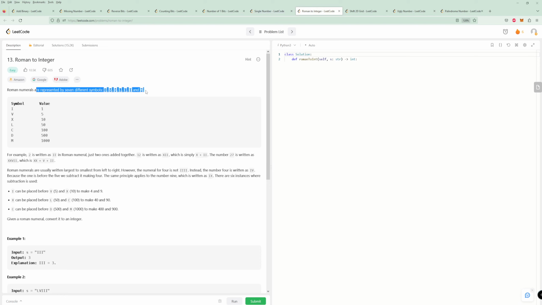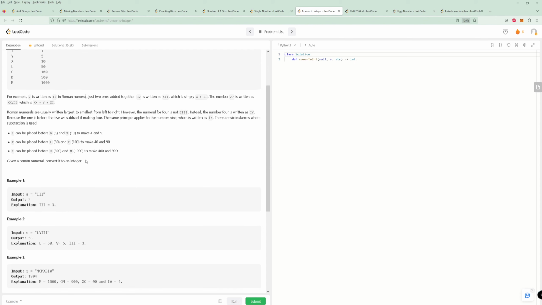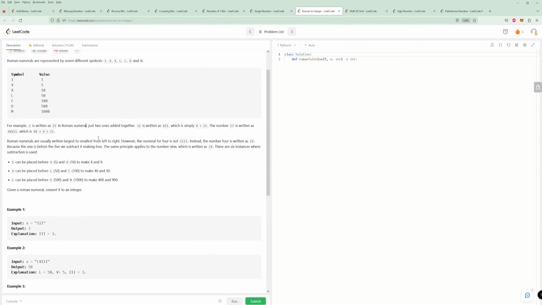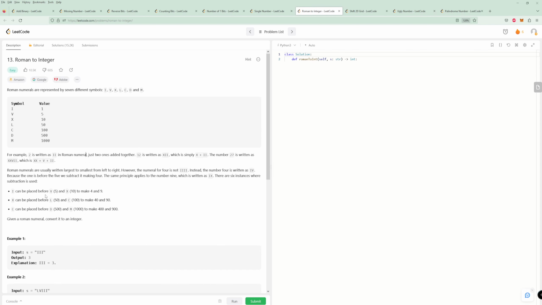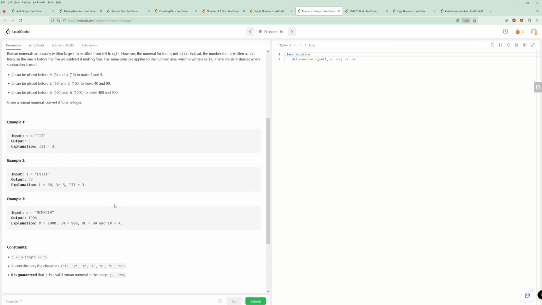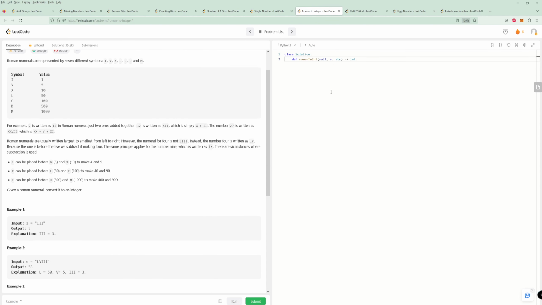Roman integer is just represented by whatever. Okay, so we have all these cases. I think this is just literally a bunch of if-elses. I mean, there's definitely a cleaner way to do it, right? So the cleaner way to do it would be whatever, but we're just going to do the brute force and then I'll talk about the cleaner way. And I think time-wise it shouldn't matter. So let's just